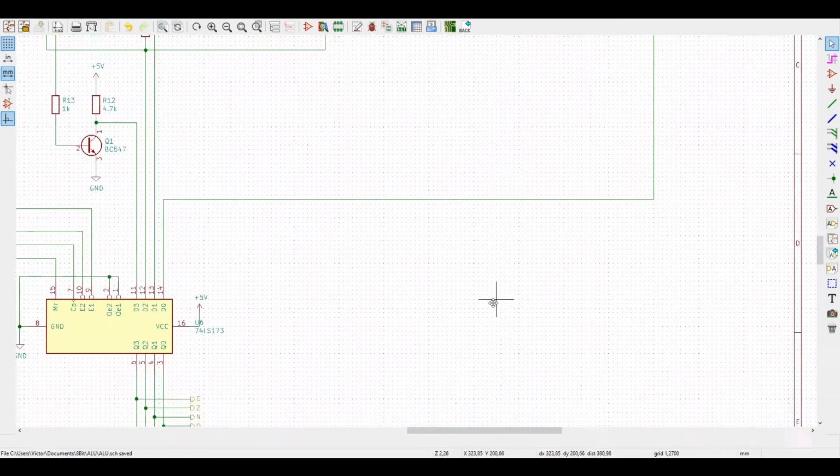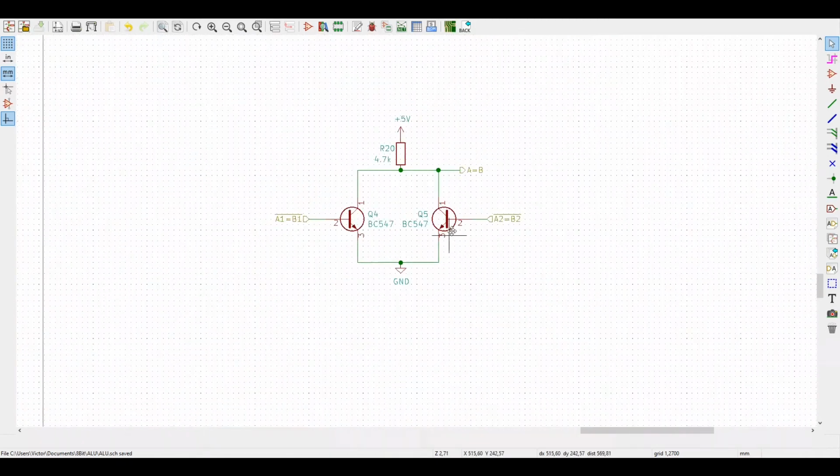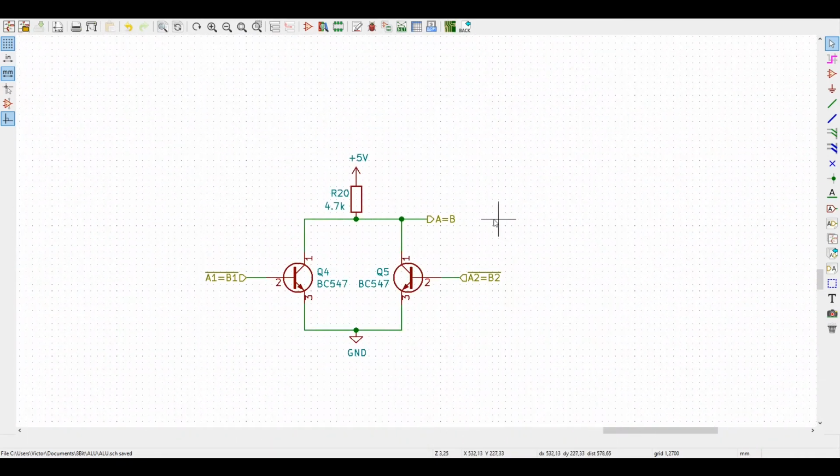And this means, I have drawn this somewhere here, yeah. This means that we can have a wired AND gate with these outputs without having to use any logic gates. And this works the following. This transistor here is inside each of the 74LS181s. And what we get access to is the collector from each of these transistors from the A equals B output. And as we know, it is a logic high. That means if we connect a resistor to VCC and to this output,